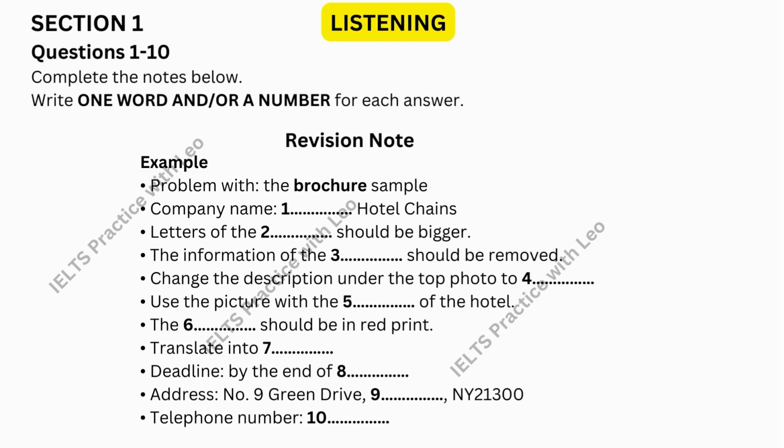Let's turn to the next page. Yes. What's wrong with that? It seems perfectly fine to me. At first sight it seems fine, but according to the feedback of the customers, the prices do not stand out. So, we want to change the print from black to red to make it pop out. Okay, I've made notes of all of your requests. Is there anything else? I appreciate it. Just one final request. Could you translate the whole brochure into Spanish? We have customers worldwide, you know, especially those from Latin countries. No problem. What about other languages, like Japanese, Chinese or German? These are our most popular target languages.